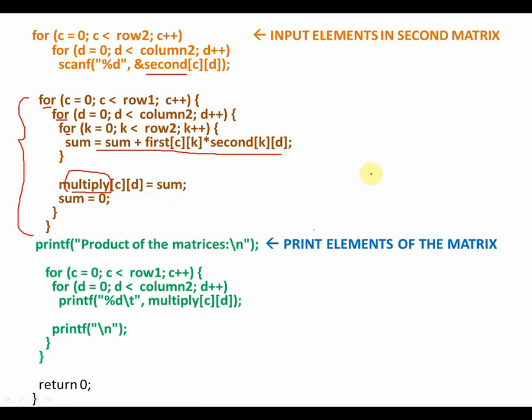Going ahead with the last part of the code is to print the final matrix, or I would call it the resultant matrix, after the multiplication is performed, and the resultant matrix is called multiply. How do you print? Again, same for loops you use. 2 for loops are a must because it's a 2-dimensional array, and that's it. You use a printf statement and you print the elements of the matrix onto the console. So that's it with this particular C program for writing matrix multiplication.